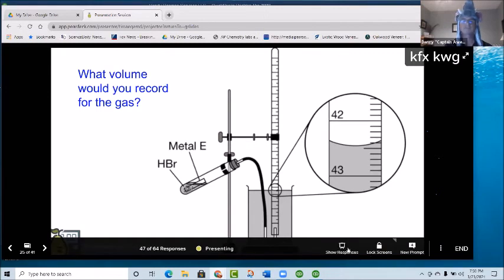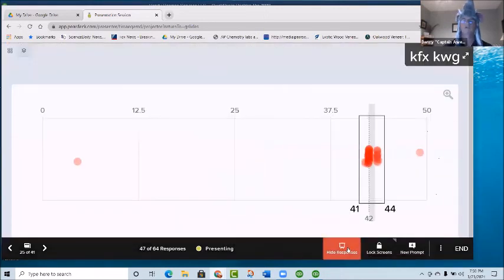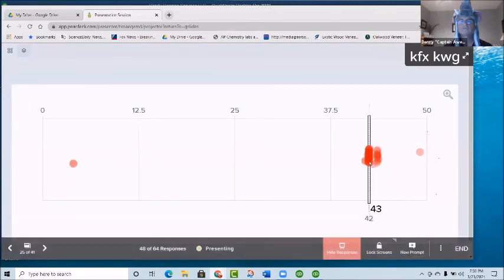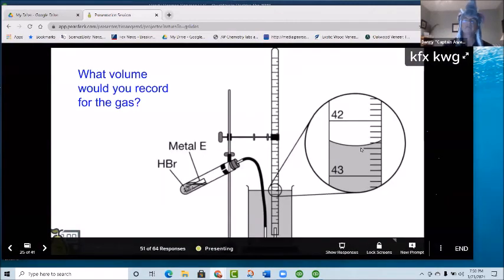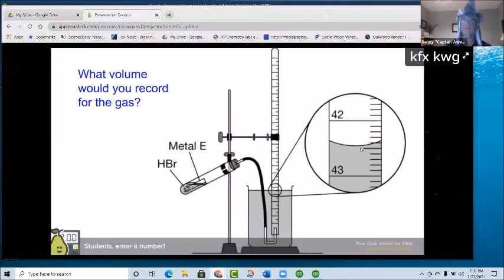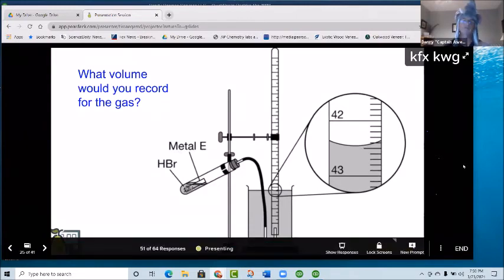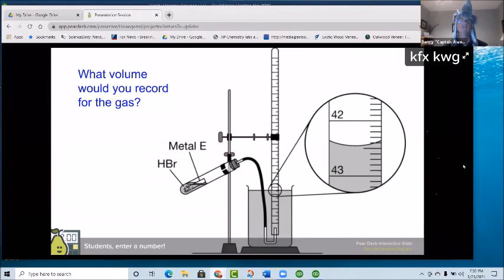Okay, so let's see what y'all got. It's kind of hard to see exactly what it is. All right, so the correct answer there would have to be in between 42 and 43. So the correct answer could not be 43.5, right? Because it's between the 42 and 43. So the correct answer here would be